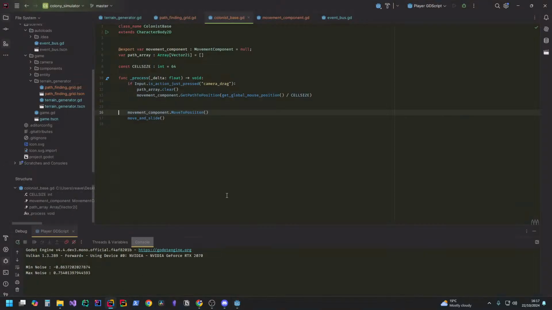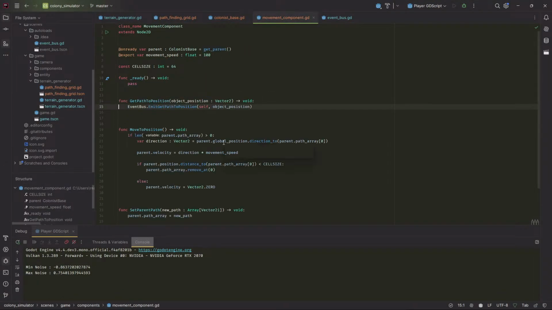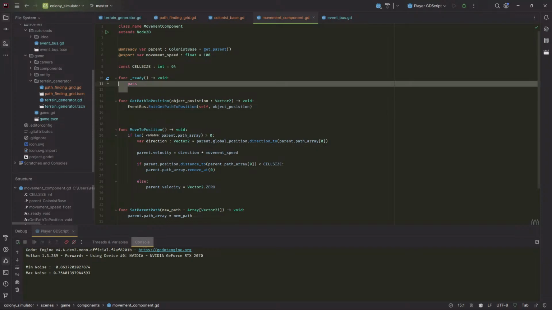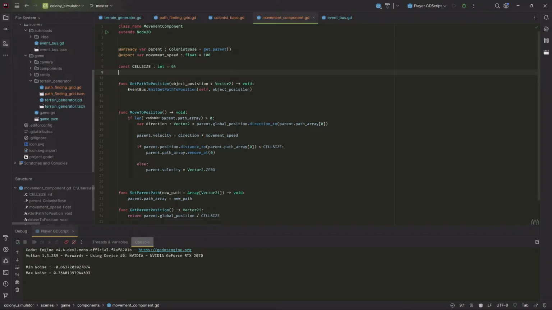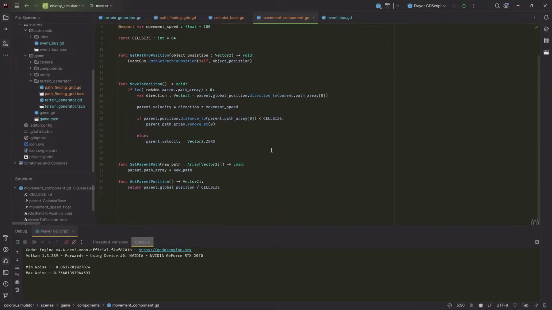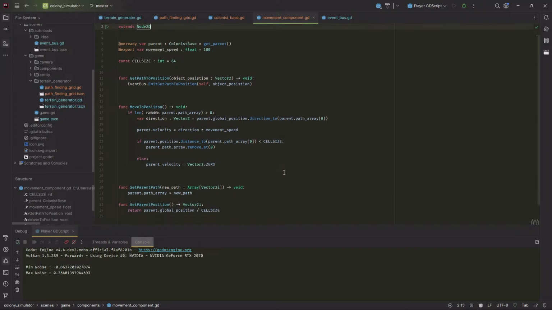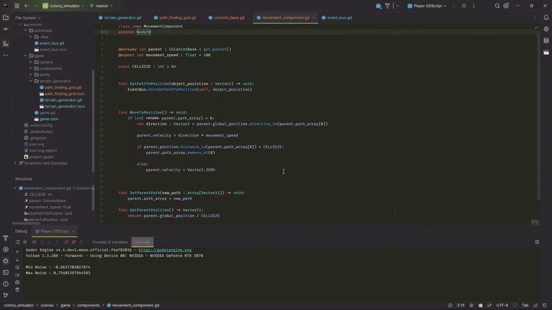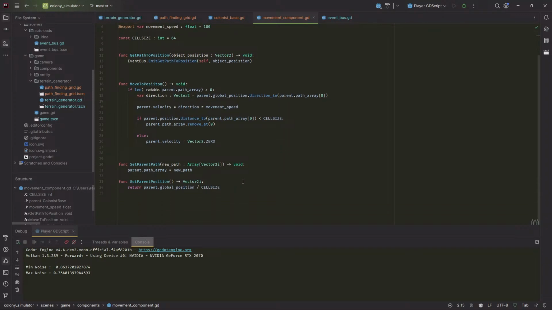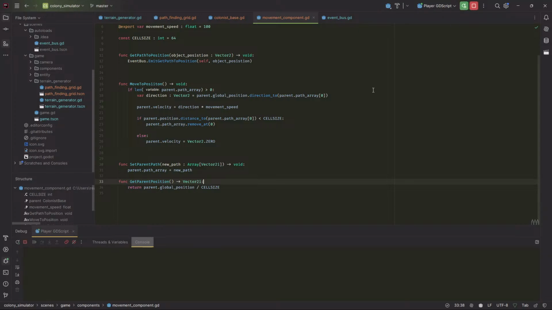I'm gonna have to throw this through the debugger, ain't I? Yeah. What is giving me curiosity is this. No, actually. They are all technically extensions of Node2D. Yeah, that's true. I'm going based off of class, so it should just be pulling from the class and not the actual node itself, if that makes sense. So that's set parent path, and that's get parent position, and the issue it's having is